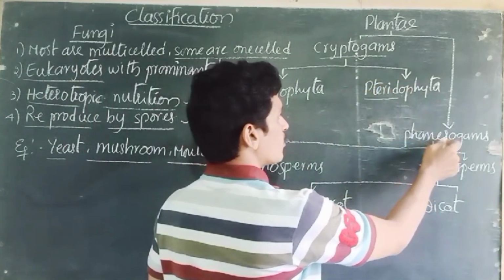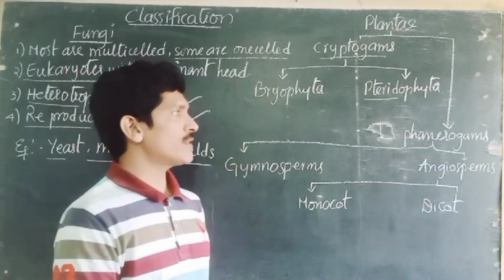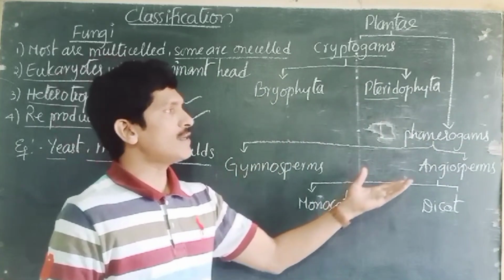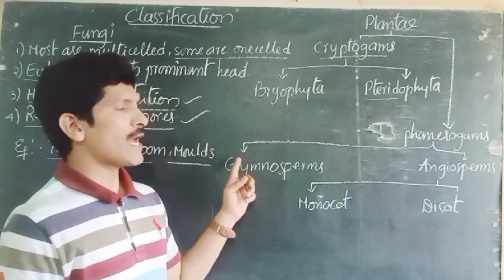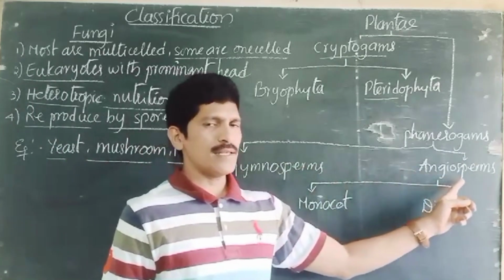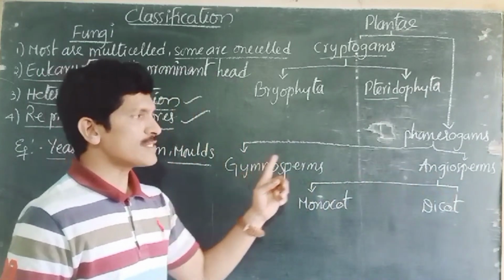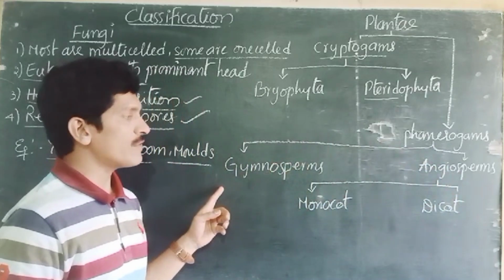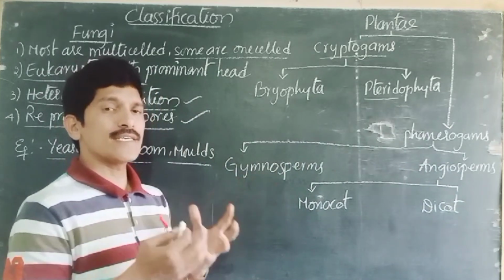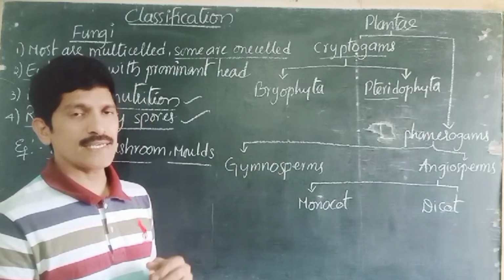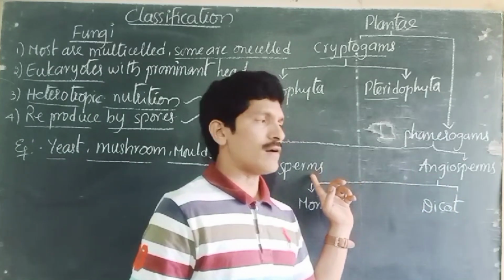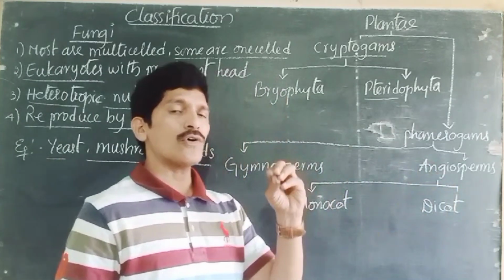Later, the other group is phanerogams. Phanerogams are flowering plants. The plants which produce flowers come under phanerogams. These phanerogams are again classified into two subgroups: gymnosperms and angiosperms. Gymnosperms means the seeds are not enclosed by fruit, and these seeds are exposed towards the outside. The seeds are not covered by fruit. Later, angiosperms, quite the opposite of gymnosperms. The seeds are located inside the